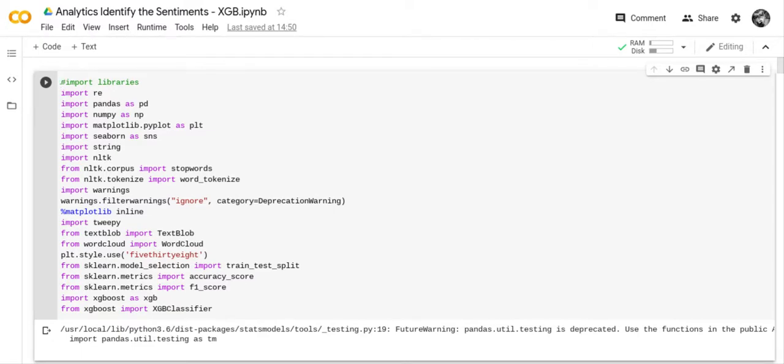After I submitted the XGBoost, I had some code to fine tune it, and so I tried to fine tune it. And when I fine tuned it, my score was even lower than it had been before I fine tuned it,